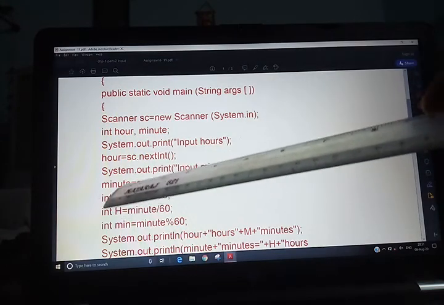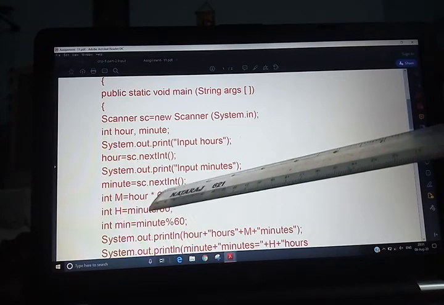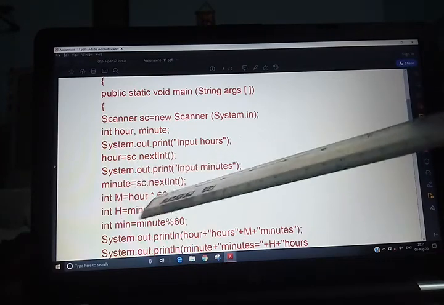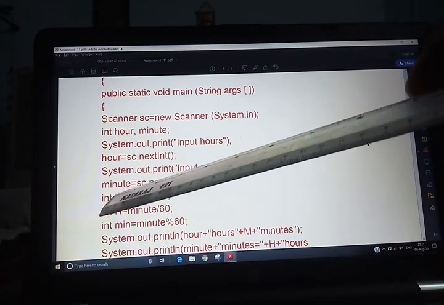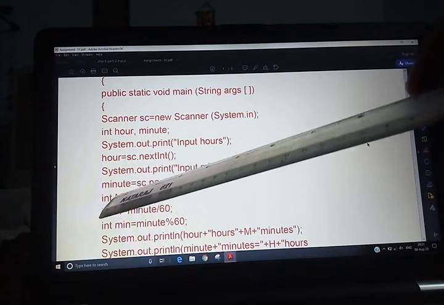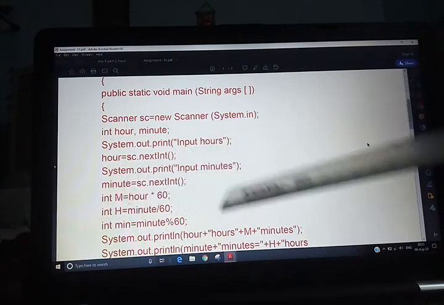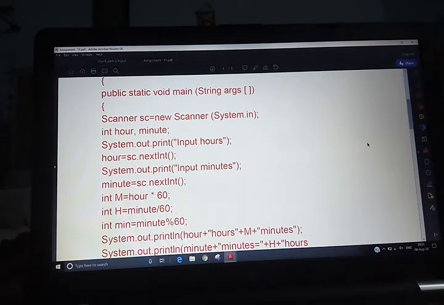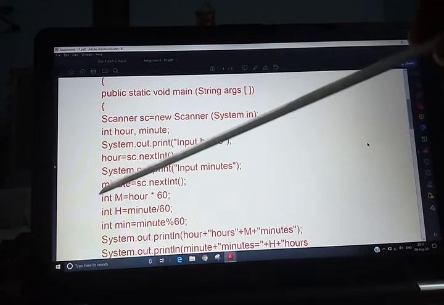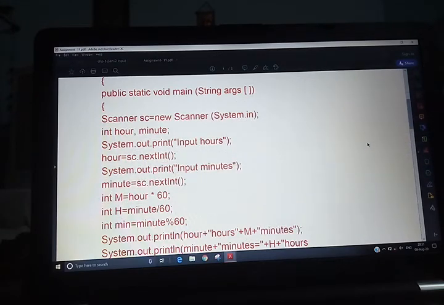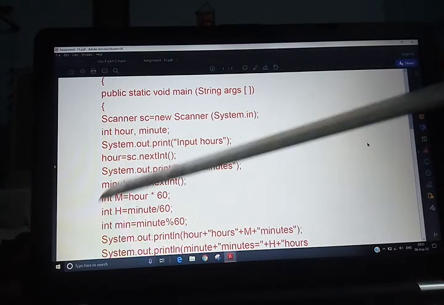M = r multiplied by 60. So r multiplied by 60, whatever value is there, that will be stored in identifier M. But all of you see, it is written there in uppercase, so when you are going to print it, it will be in uppercase, not in lowercase. So whatever identifier you are using, that will be the same when you are going to print it.